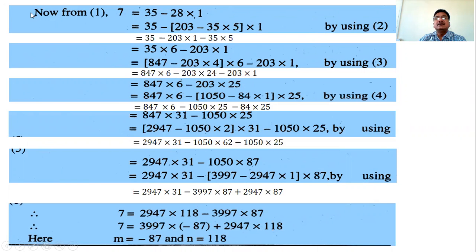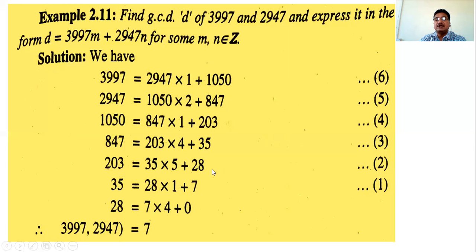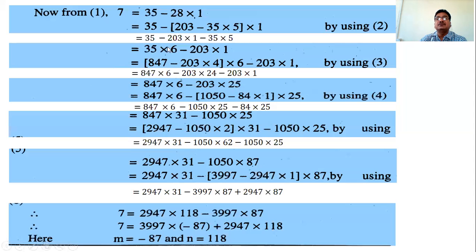This is from equation 1. Then from equation number 2, the value of 28 is 203 minus 35 times 5. So I write 28 as 203 minus 35 times 5, times 1. And then we have 35 minus 203 times 1, multiplied by this 1 in bracket. Then minus becomes plus, so write a plus sign here. Plus 35 times 5. Then 35 times 1 plus 35 times 5 becomes